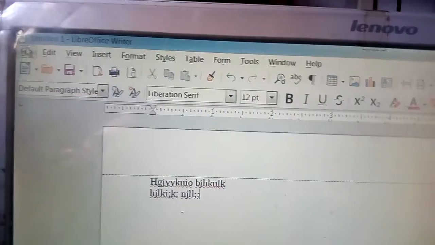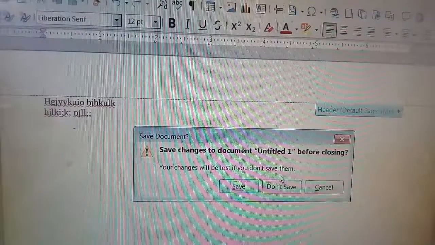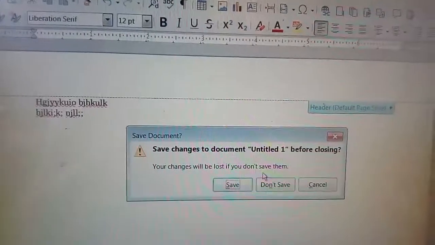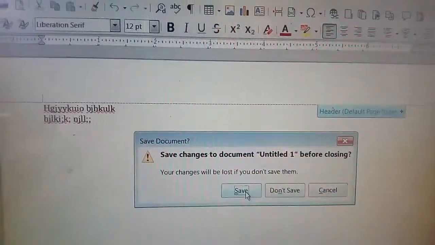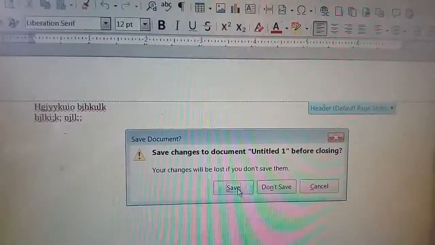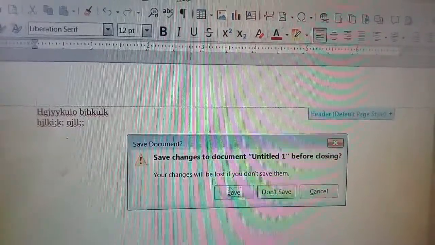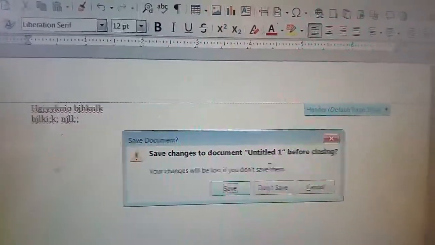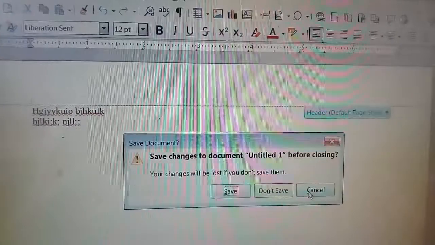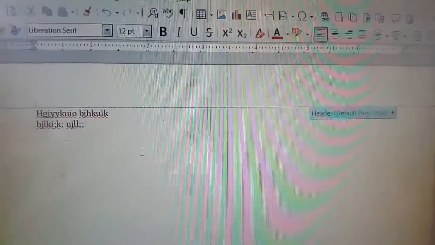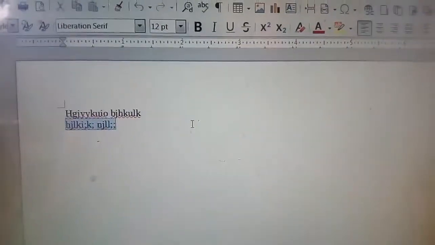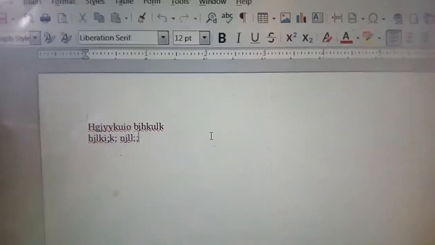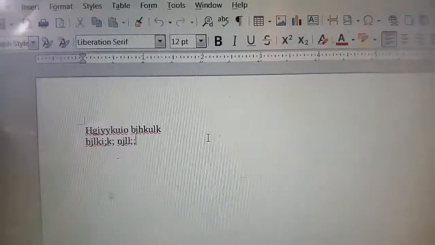Okay, so for that, file and then close. So now it will ask you, okay, your changes will be lost if you don't save them. So if you want to save, then click on save. If you don't want to save, then just don't save, then the file will be closed, right? And cancel means come back to the current text. Okay, so this is the way.